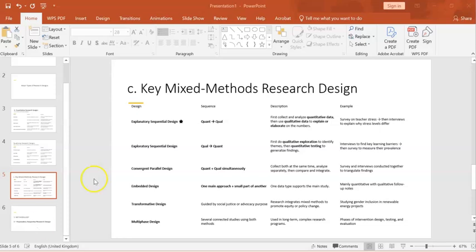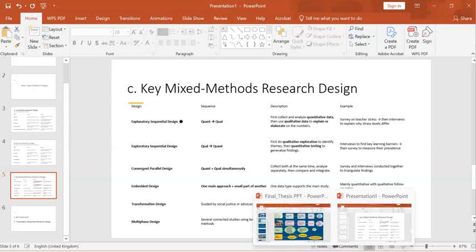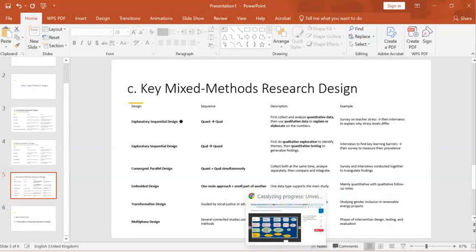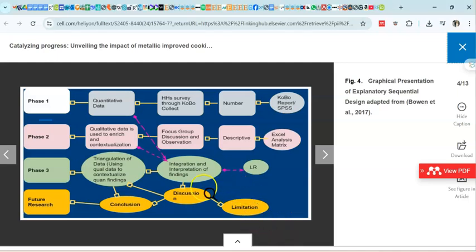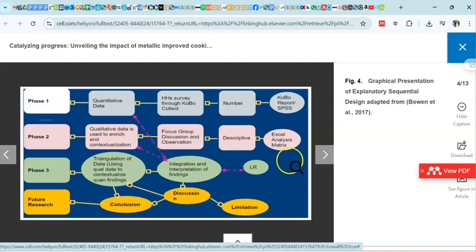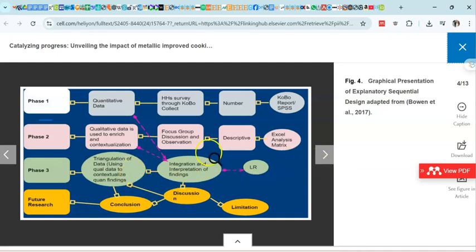In an earlier video, we talked about key mixed methods research designs, and one of them was the explanatory sequential research design. Here you can see quantitative followed by qualitative process, which means first collect and analyze quantitative data, then use qualitative data to explain or elaborate on the numbers or the results that you get from the quantitative survey. I used this sequential explanatory research approach in my research for my PhD publication, and here you can see the figure exactly how it looked,